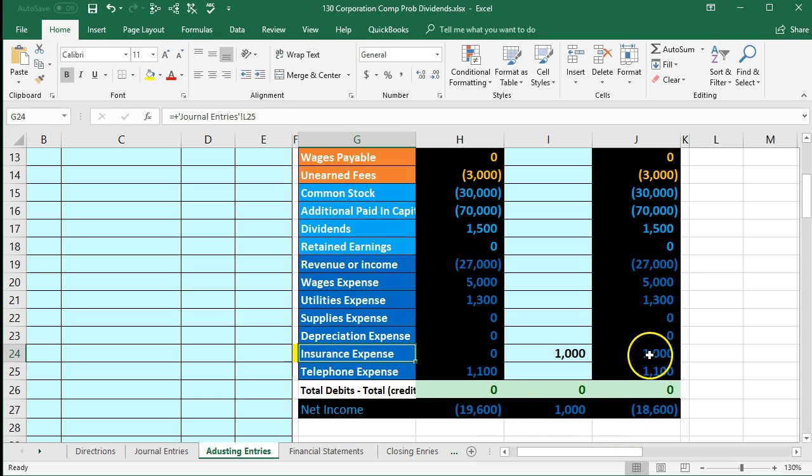What we should have is say, hey, we're allocating 1,000 to January, we'll allocate 1,000 to February, because those months are really consuming the same amount of insurance coverage in order to help generate revenue, and this net income represents our performance, and therefore we want to be fair to February and January. We want to be fair to January. We don't want to lower it just because we happen to pay the insurance that month, because that will not